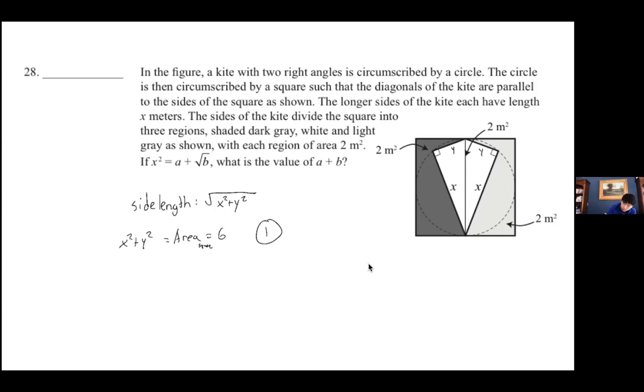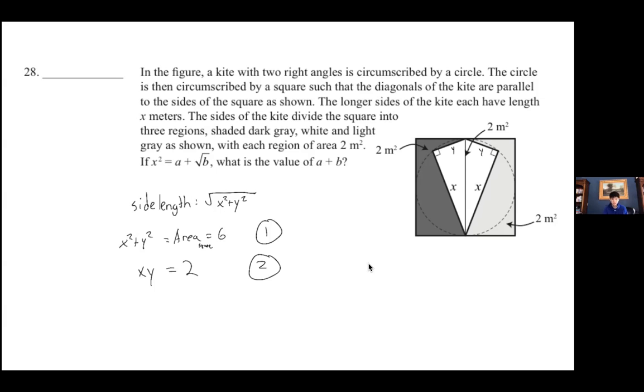So the area of the white region is xy, because you can move the pieces about to get an x by y rectangle. And so xy equals 2. So now we have two equations and two variables. And how do we solve this? Well,